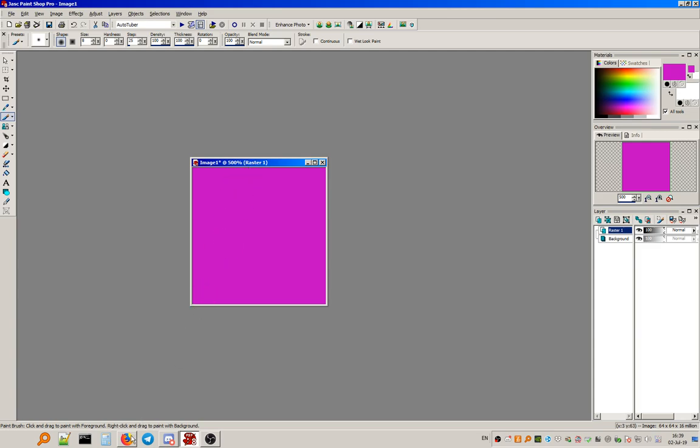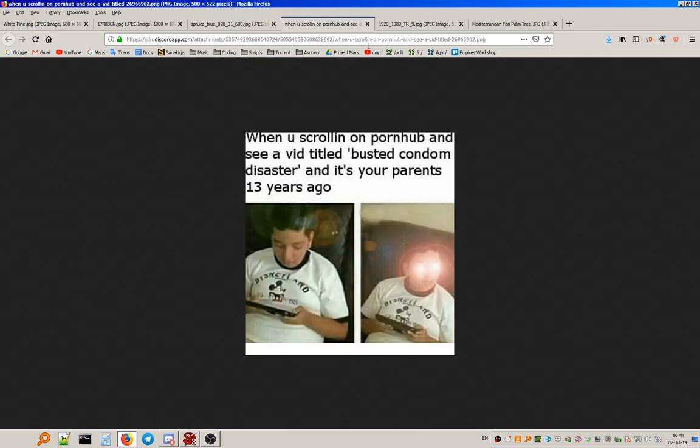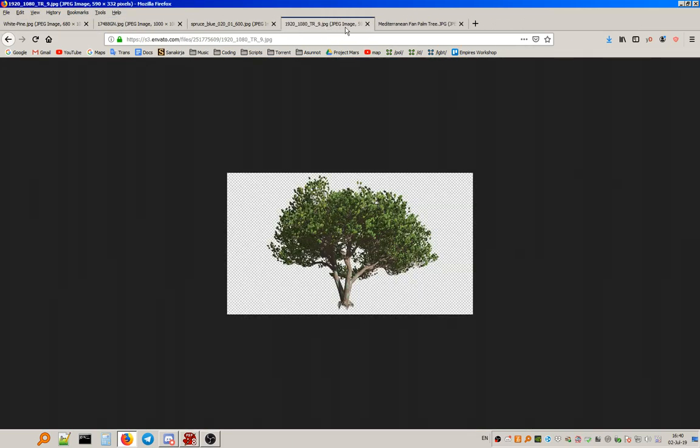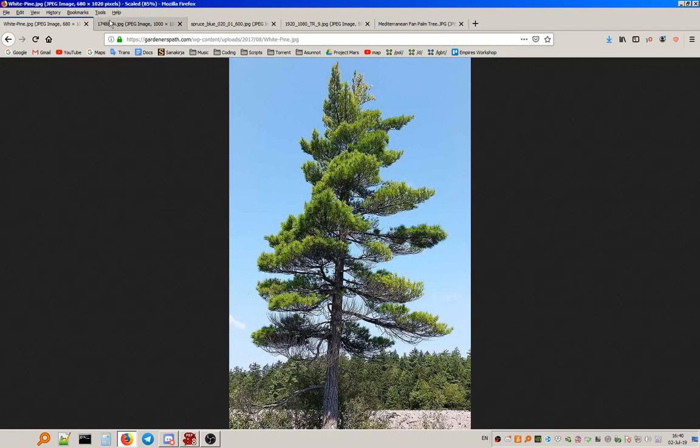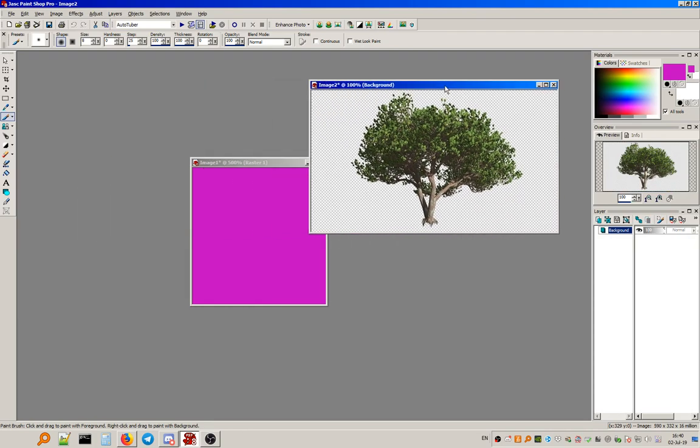So the first thing is we're gonna need some references for our trees. So I've dug up some pictures from Google for different types of trees, like pine trees and spruces, and some Mediterranean trees as well. So I'll try and do this one. It kind of looks like a maple tree, so I'll just copy this into my editor,